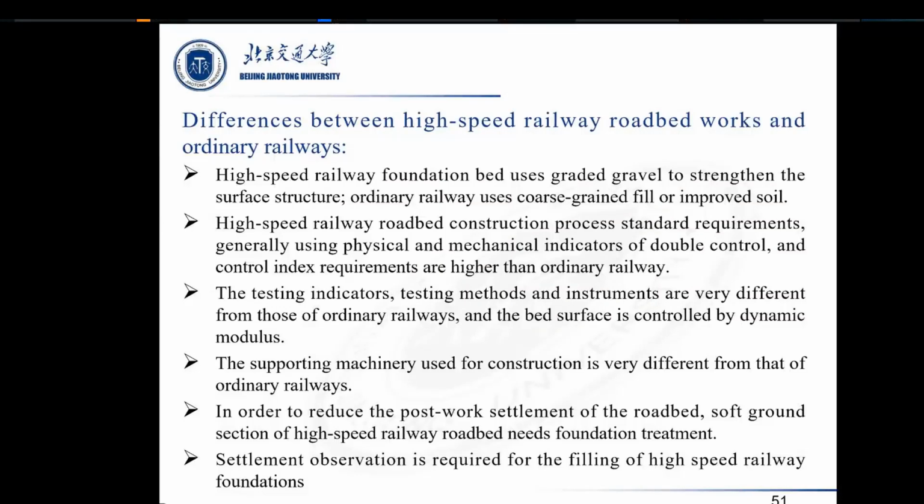High-speed railway roadbed engineering construction process standard requirements generally use physical and mechanical